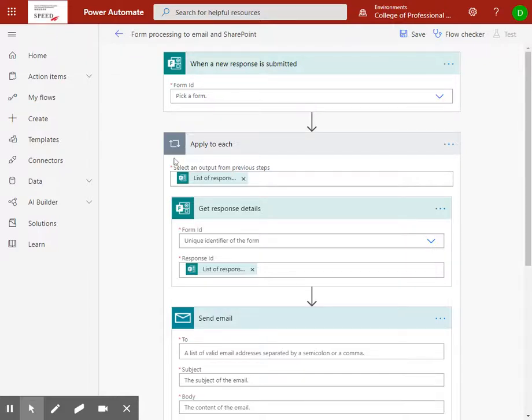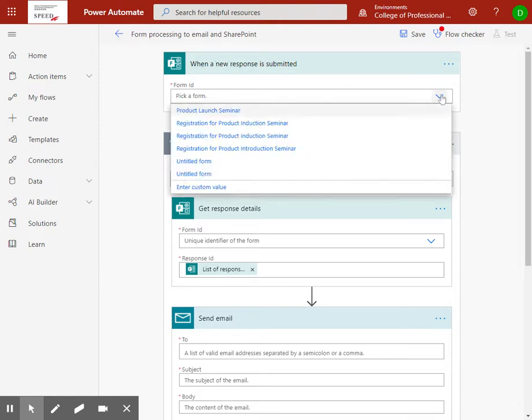Okay, in the last part, we have seen how to create a flow. Now let's actually edit the flow so that it will do whatever we want. This is an empty flow created by Microsoft Flow. So click here to get the list, the form that will be fitting the data into this flow. So I'm going to use product launch seminar,